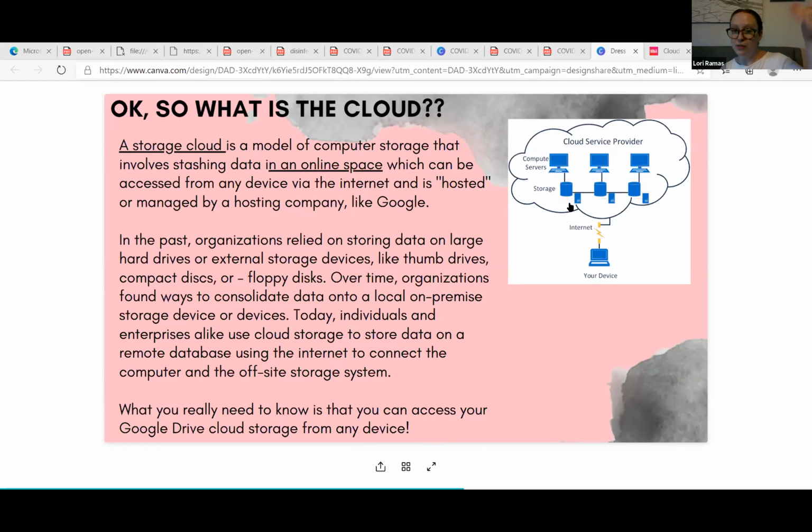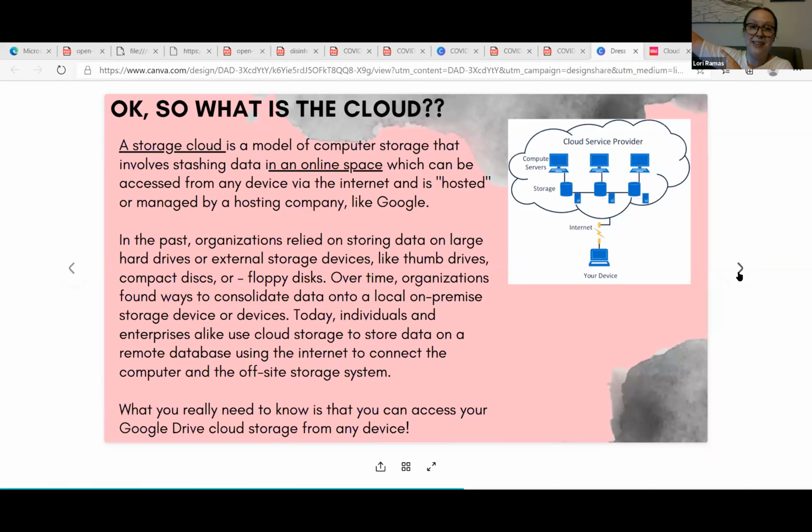Thumb drives, floppy disks, those are all forms of storage. So the cloud is the same thing. It's just online. You can't see it. So sometimes that makes it feel a little bit funny, but it's one of the most powerful, efficient ways to get things done, whether you're in an enterprise, an entrepreneur, working at a job, or looking for a job. Super beneficial. Okay, on to the next one.